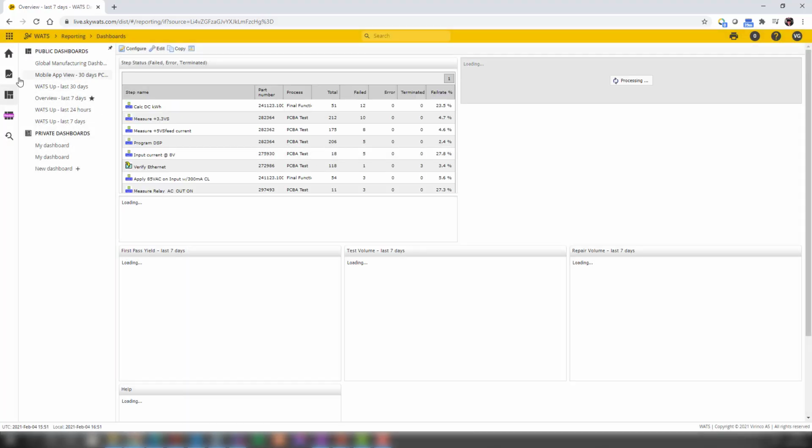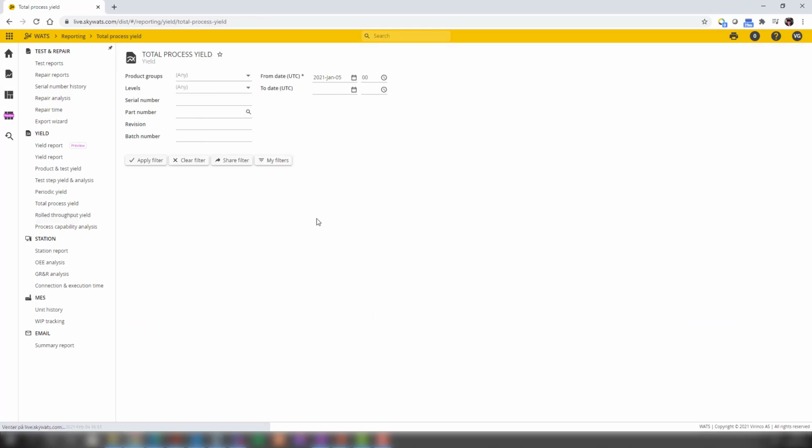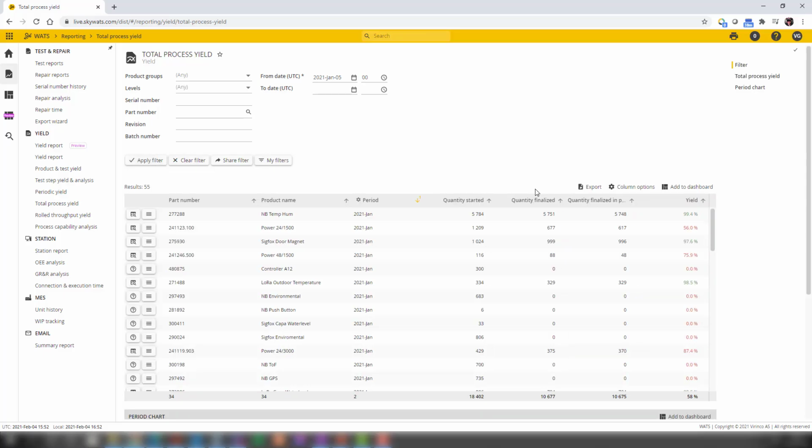Okay, next up we go to the test and repair interface. I should have used search, by the way, to find the report I'm looking for. But we made an upgrade to the total process yield report. It's been rewritten to HTML5. I'm going to run a filter. And there are some new options in this